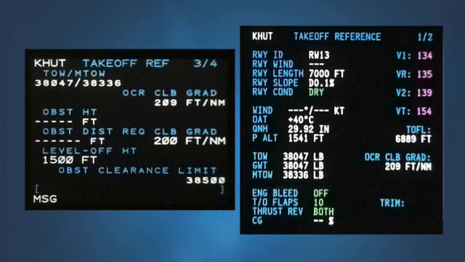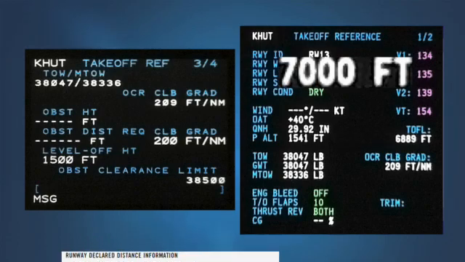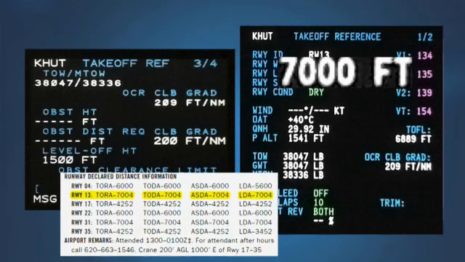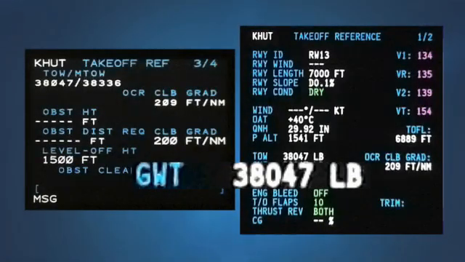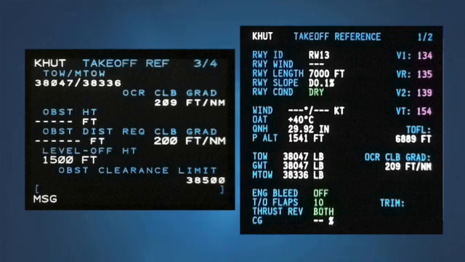The takeoff field length required is 6,889 feet. Runway 13 is 7,000 feet in length. The declared distances for runway 13 are all 7,004 feet, which is slightly longer than what is shown in the FMS. 38,047 pounds is slightly below the takeoff weight limit. The results returned by the FMS appear to show that we are within approved limits for takeoff on Hutchinson's runway